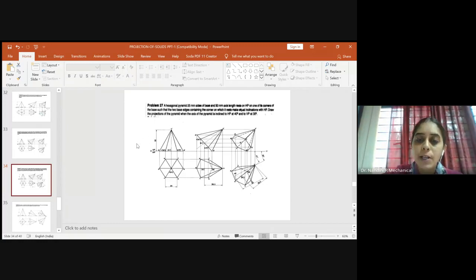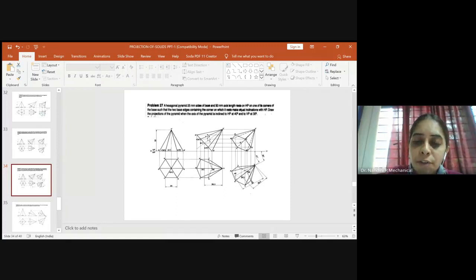So this is done. So after that, it is told that the axis is inclined to HP at 40 degree. So you will leave some space and draw the axis line. So once you draw the axis line, right, you have to now construct the front view, which was vertical upright position to the inclined angle. So you take 45 degree to HP. So after that, you please measure this distance, because now the base is parallel to XY line.